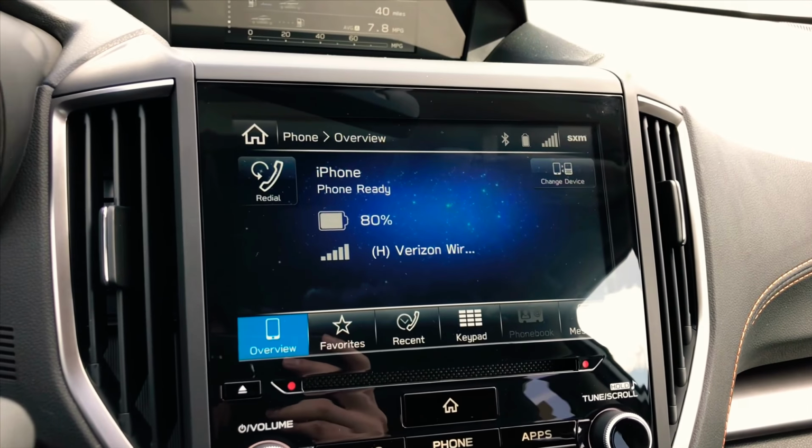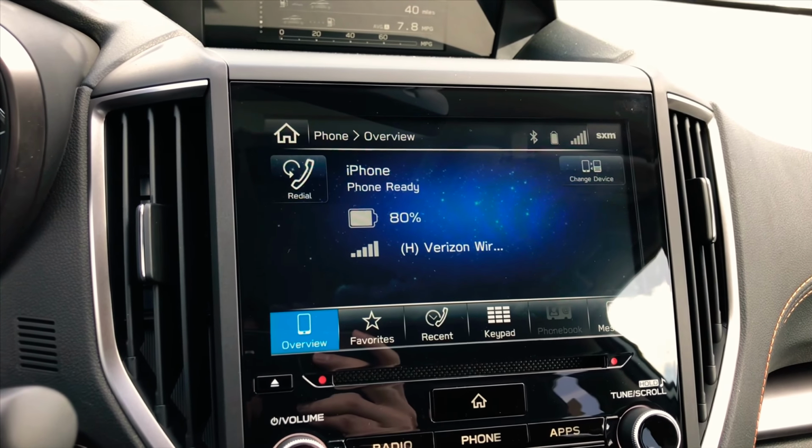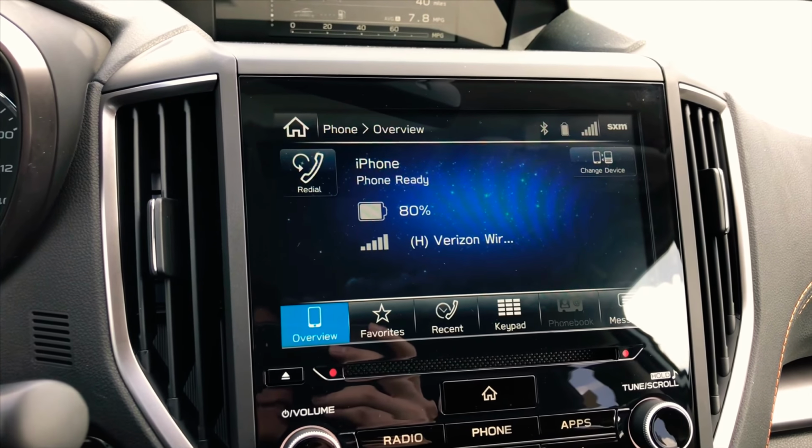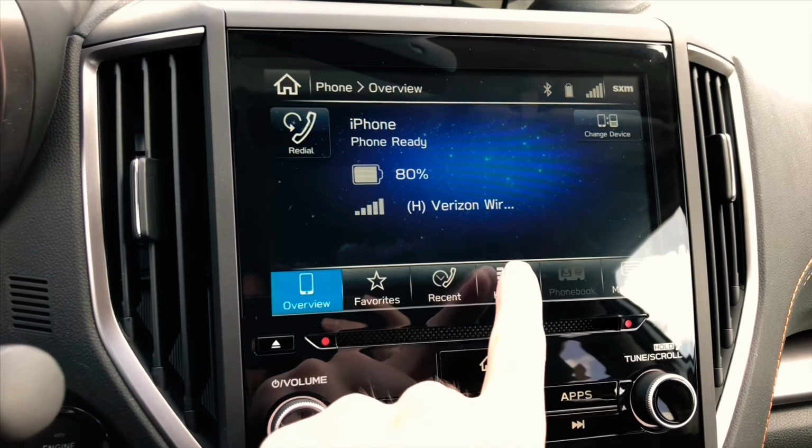But yeah, once you do that, this is what it looks like. iPhone, phone ready. My phone is charged at 80%. I can use the keypad